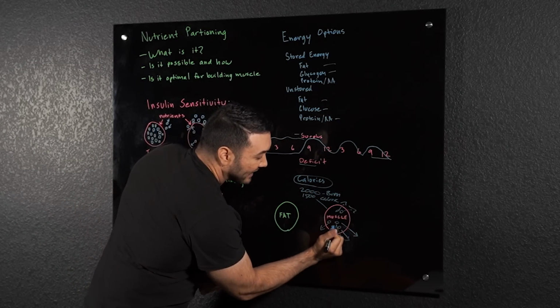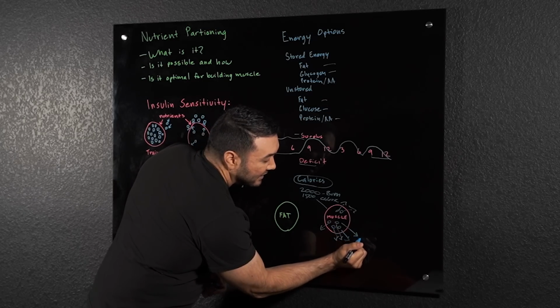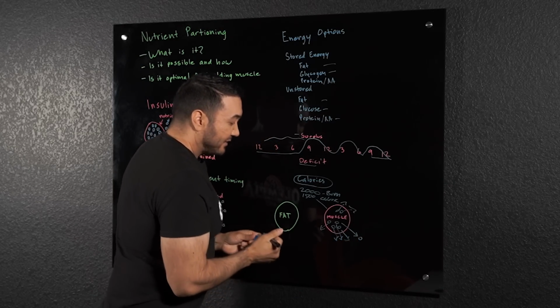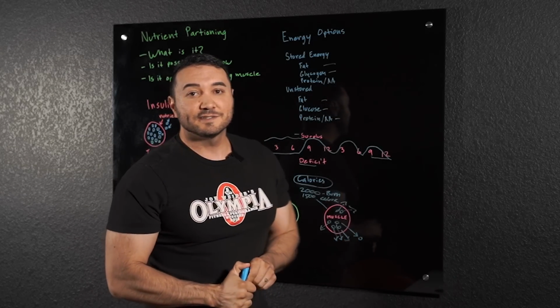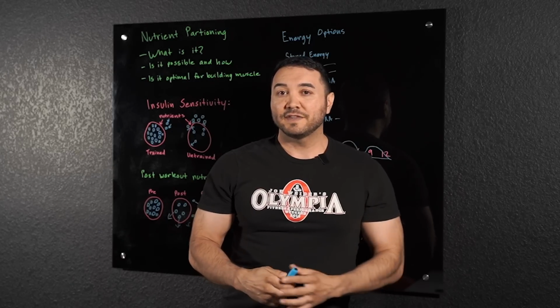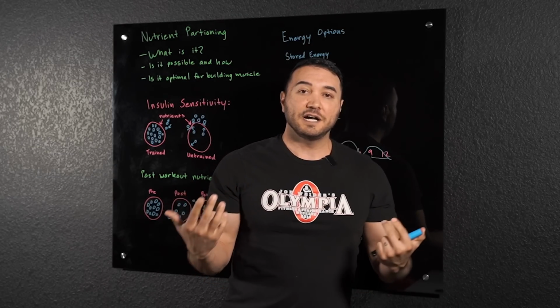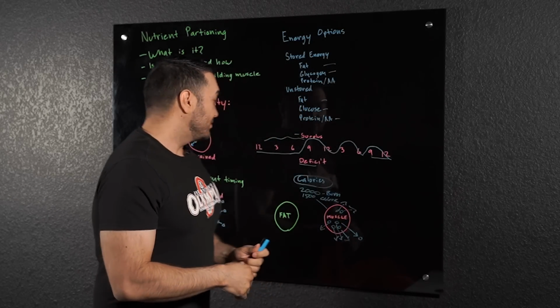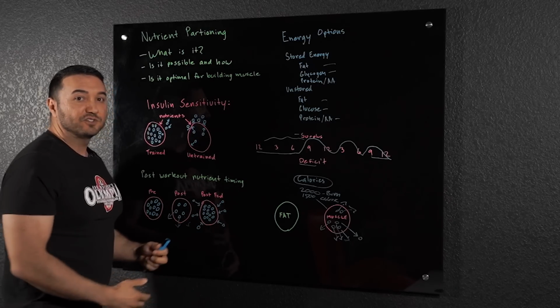So every time they work out, they're taking these nutrients and they are shoving them outside, right? They're using them as energy. They're depleting their muscle cells and they have a really high insulin sensitivity. So post-workout, that's going to be one of the best times to give your body nutrients so your body can absorb them just like we talked about over here, post-workout, and shove them right back in.